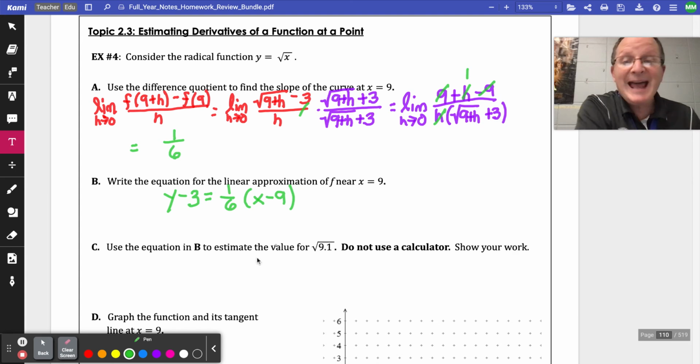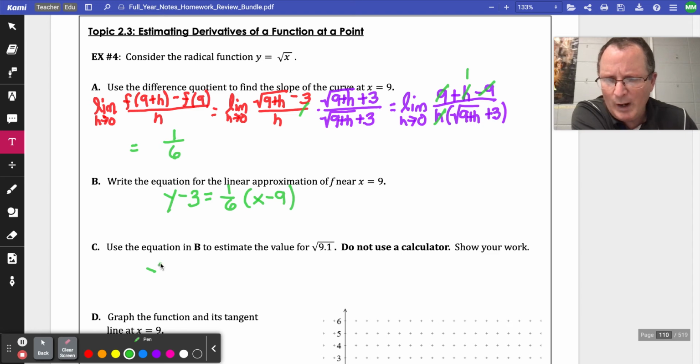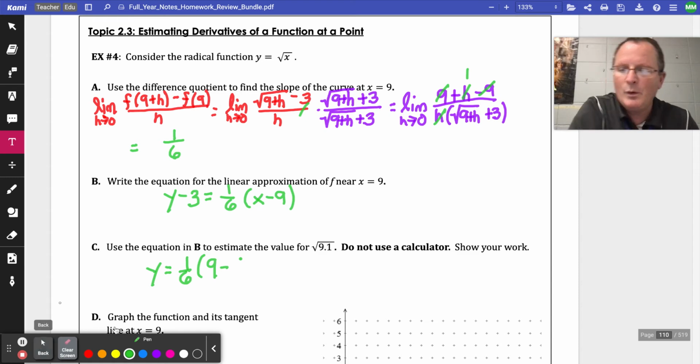And it says use that line without a calculator to give an estimate of the square root curve, using this line that we just created. Okay, so let's do that. So y will equal 1/6, and we're substituting 9.1 in. So 9.1 minus 9,